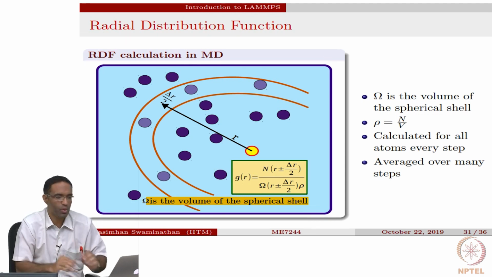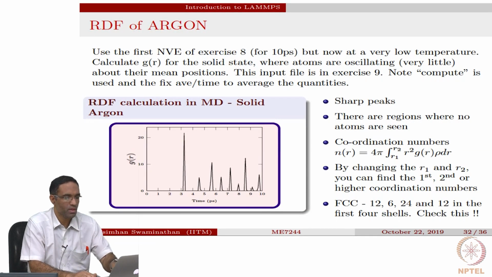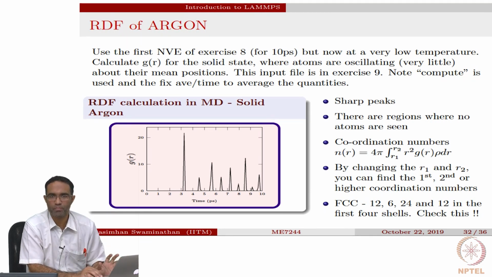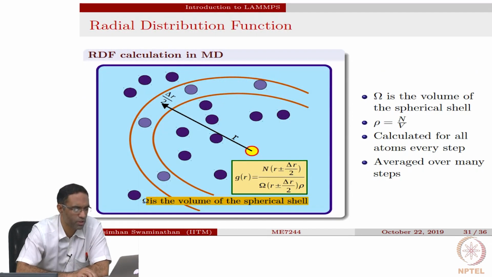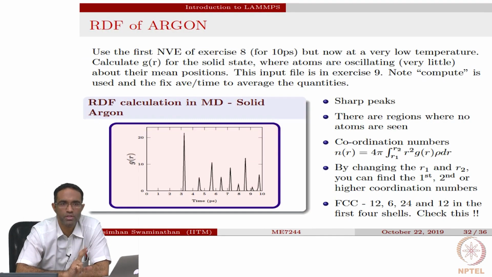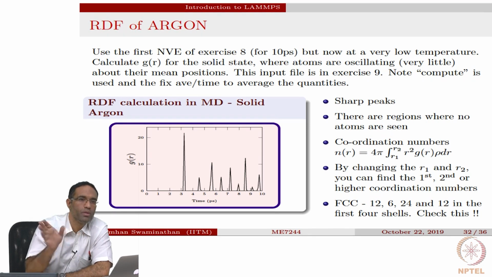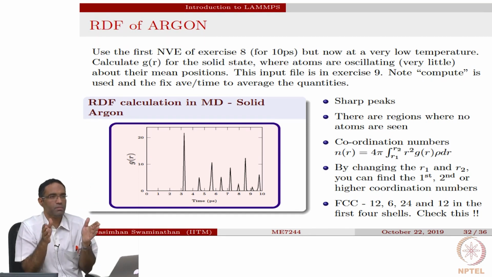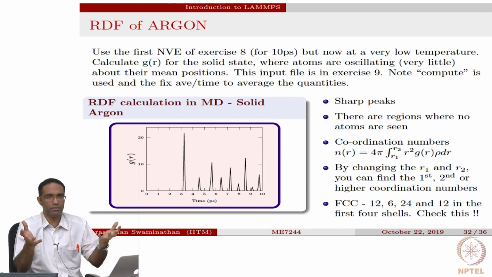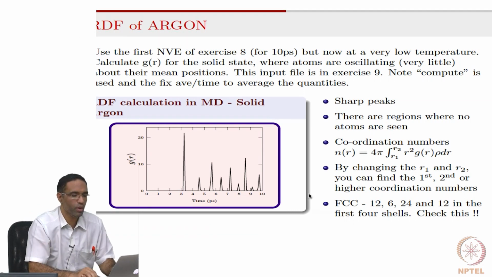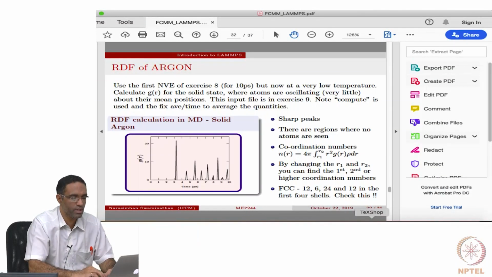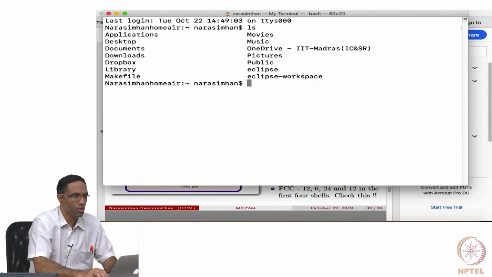Okay. So that is the reason why it has this form where you have a peak at a specific distance r. This is called the radial distribution function, and we have to have two averages. One is over all the atoms, another one is over time. So this should be clear that this actually is for the entire system, right? So you have to use this fix called fix average per time in order to